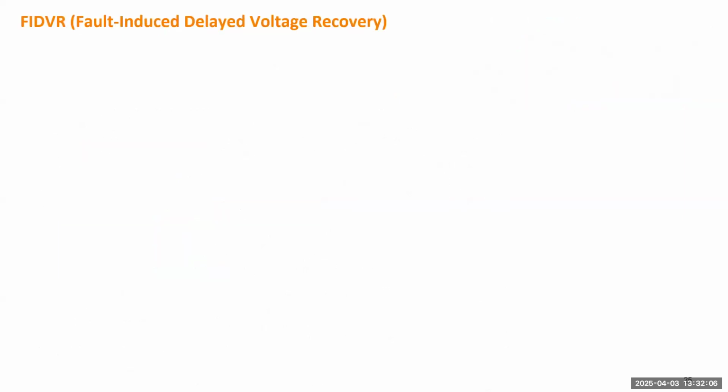Okay, so why do we care about the operating range of the SVC? Because under some conditions we need a lot of VAR, and it's secured, very stable, a very reliable VAR to the system during a very short amount of time. That is under the fault-induced delayed voltage recovery